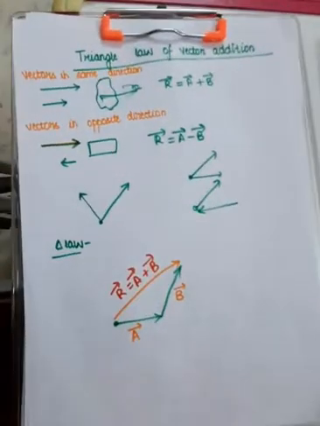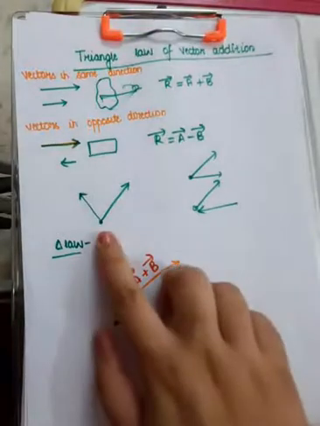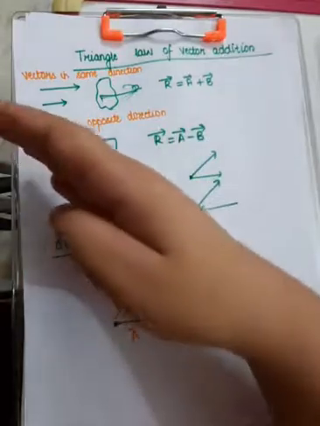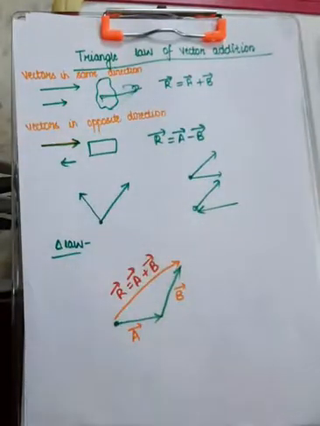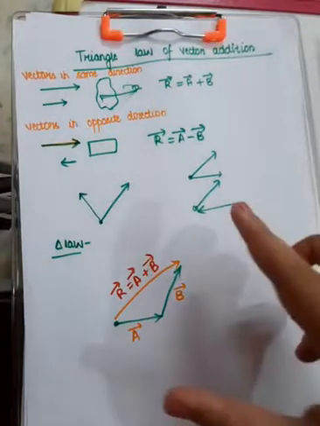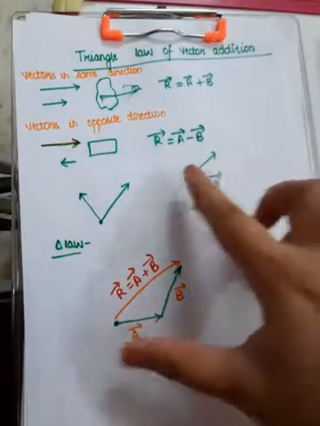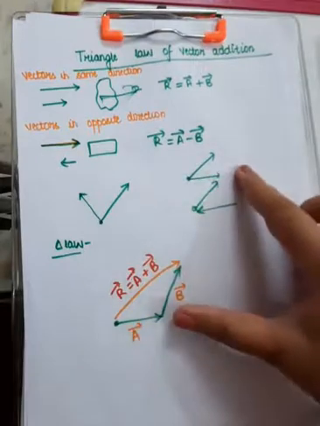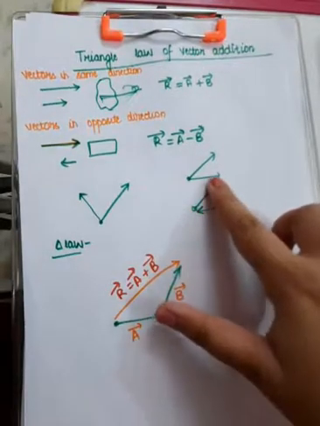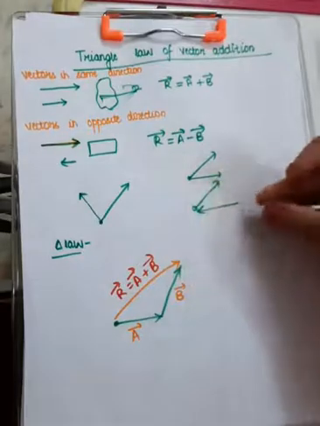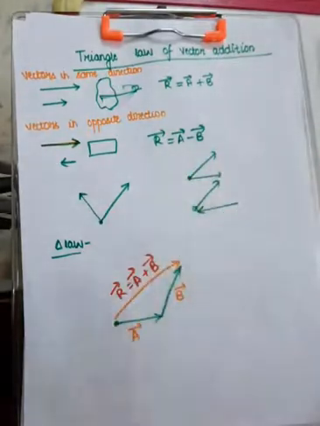But the problem arises when the directions are oriented randomly. Suppose this is some object, one force is acting here, the other is acting here. How can you find out? Now they are neither in the same direction nor in exactly opposite directions. Similarly, if one force is trying to take the object here and simultaneously the other force is trying to take the object over here, it's difficult to predict where the object will be moving.